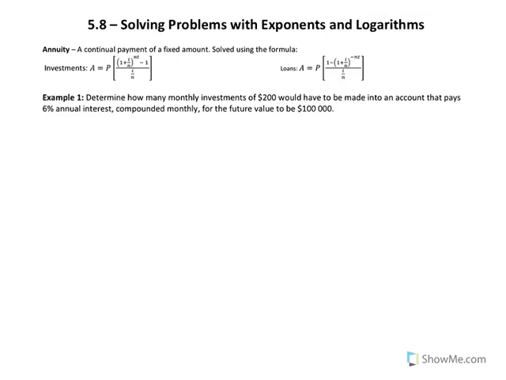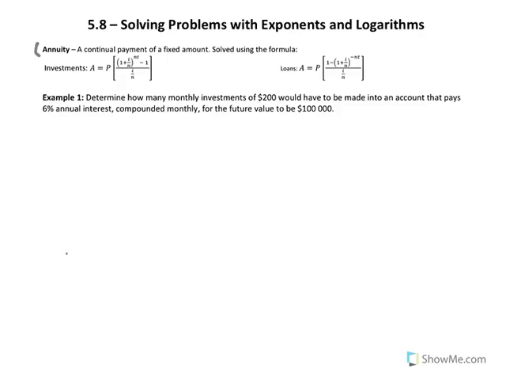Alright, 5.8, solving problems with exponents and logarithms. So the first thing we're going to talk about is the word annuity. What annuity is, is when you are continuing to make payments on something and it's calculating interest, either because you're gaining money because it's an investment, or because it is taking money off of your debt, which is, they're both